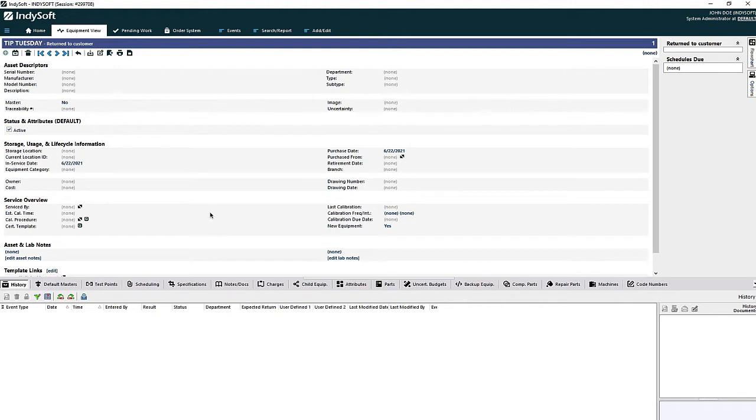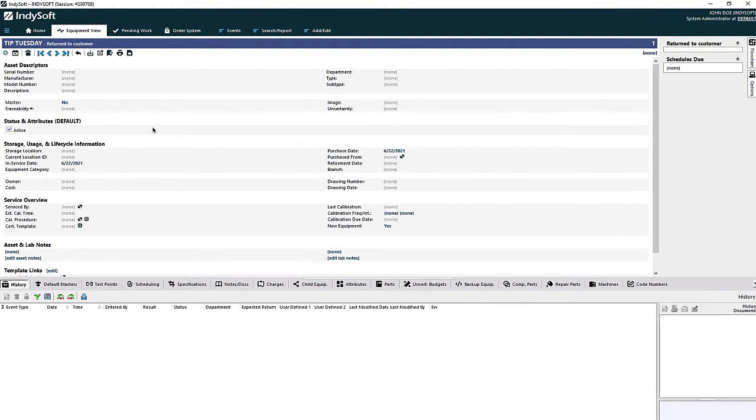Hello everyone, it's everybody's favorite day, Tip Tuesday, and today I will be walking you through a couple of tips on the equipment screen. Some of these you've probably already known about for a while now, but we're just going to do a recap of everything because why not? So we'll start off with some pretty basic ones and then get into some a little more well-kept secrets of